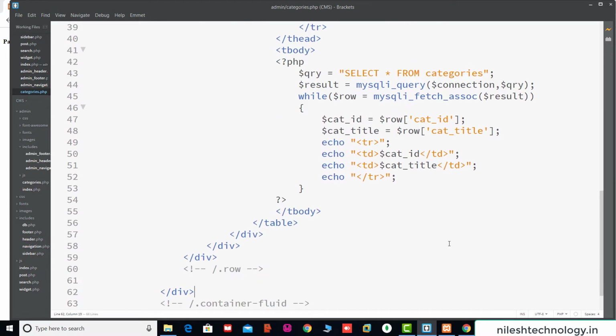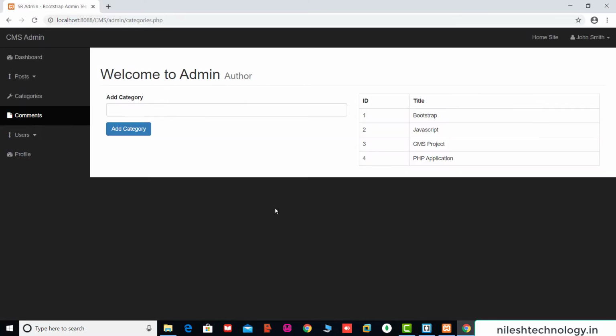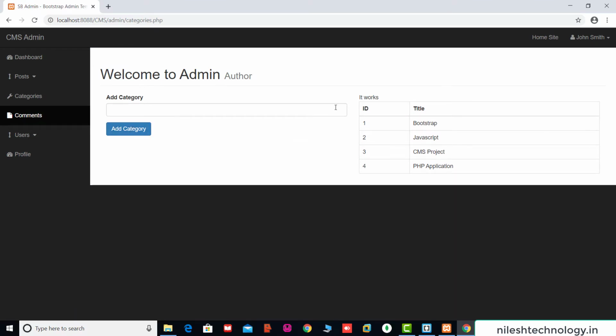The submit button click is true, so it goes to this if and prints 'it works'. So here we test whether it works or not. We click this add category, and see, it works.